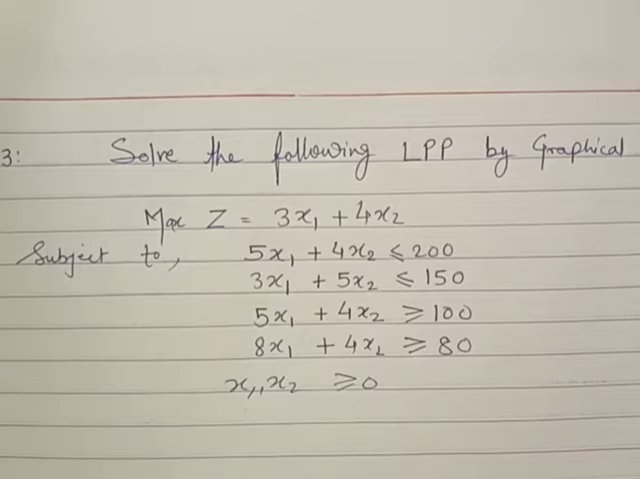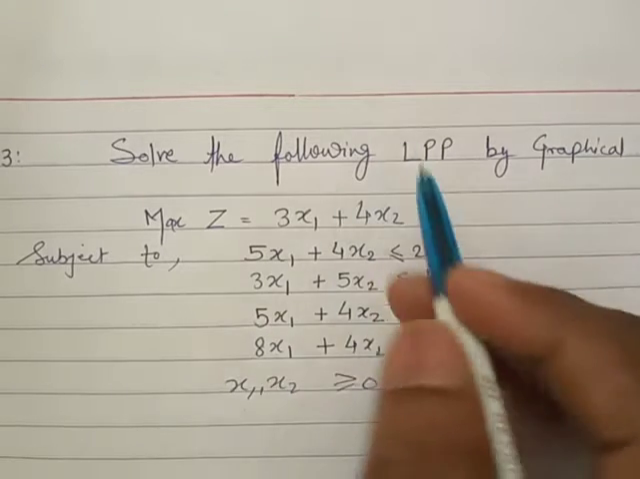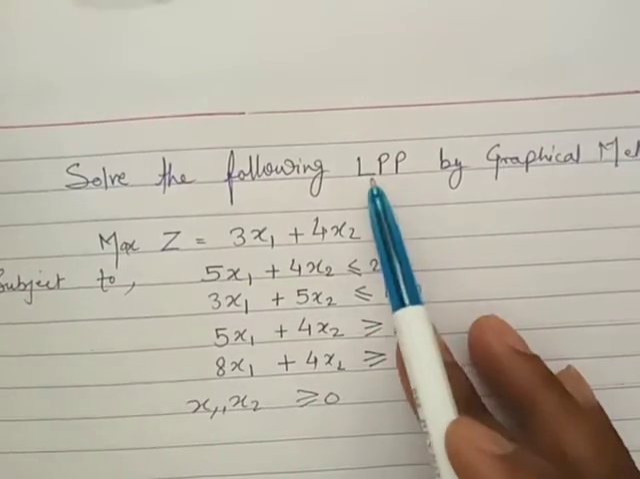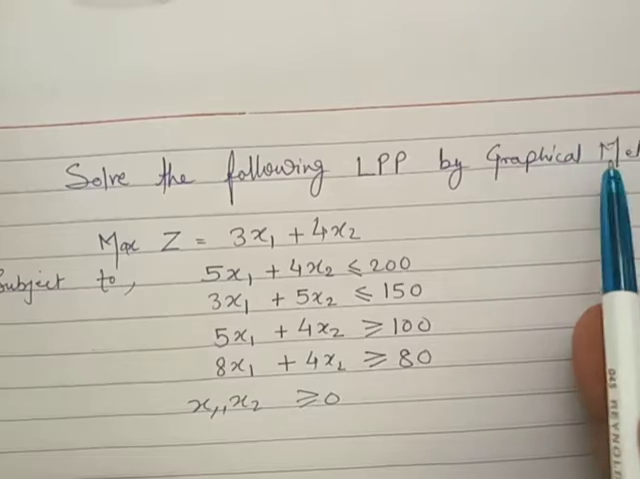Hello everyone. Today also we are going to solve another graphical method problem of linear programming. In this problem there are four constraints. Let us read the statement. Solve the following linear programming problem by graphical method